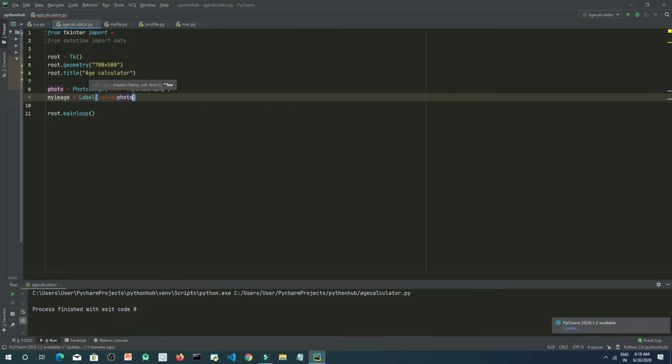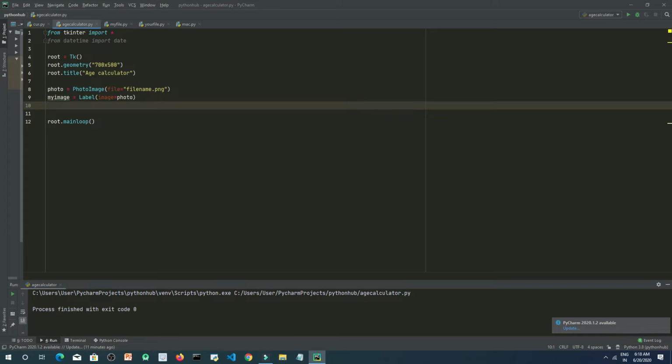Now let's place the image using the grid method. There are mainly three methods inside Tkinter to place any widget on the GUI. One of them is grid. Grid uses rows and columns to place any widget inside the GUI.